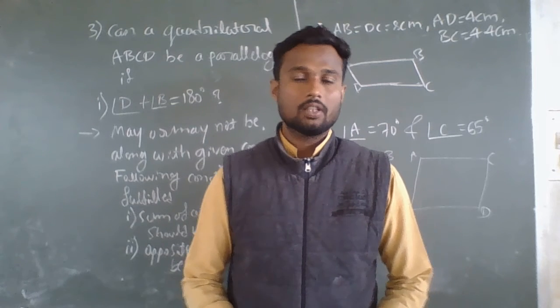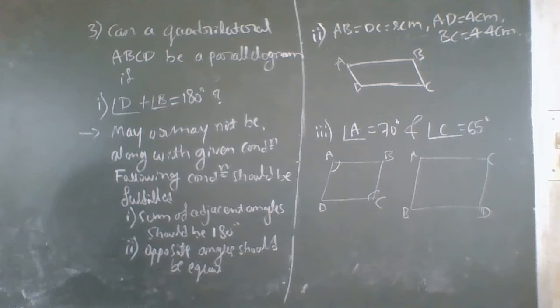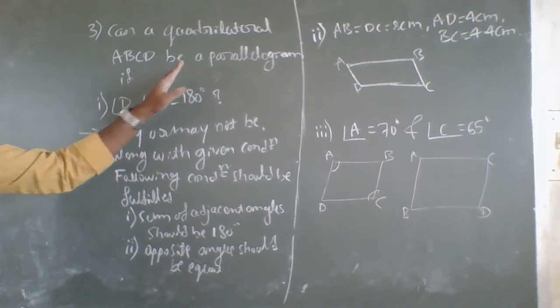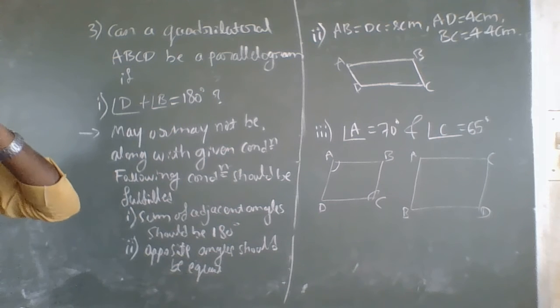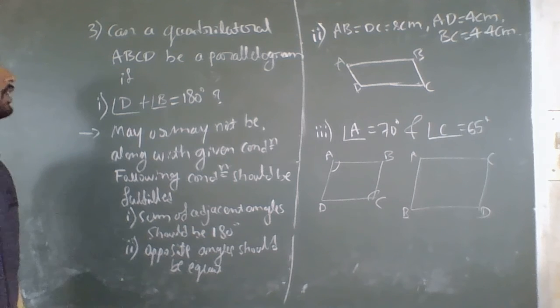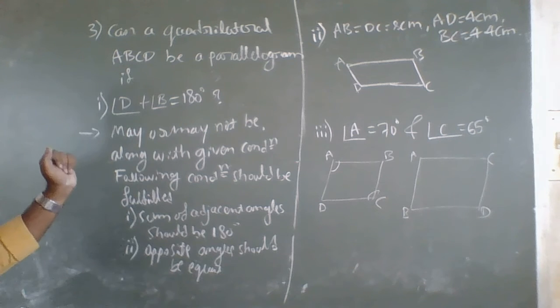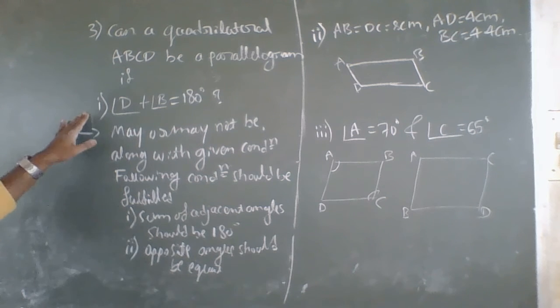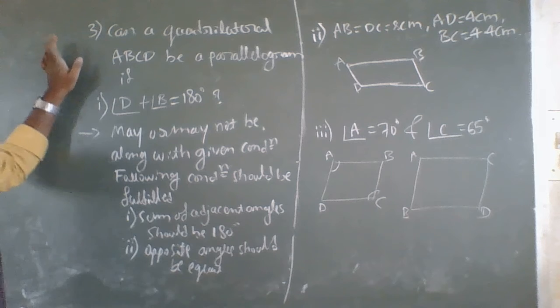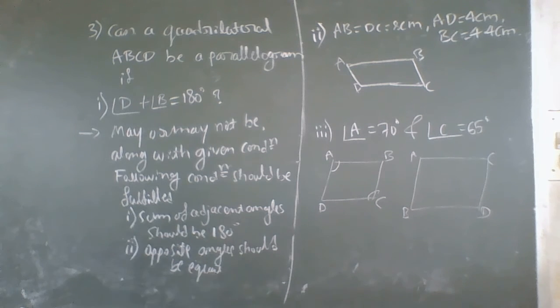So today I will continue with exercise 3.3, problem number 3. What they are asking here in problem number 3: can a quadrilateral ABCD be a parallelogram if they are given angles and sides? You have to check whether it is a parallelogram or not. So here, in the first one, what they are asking here,